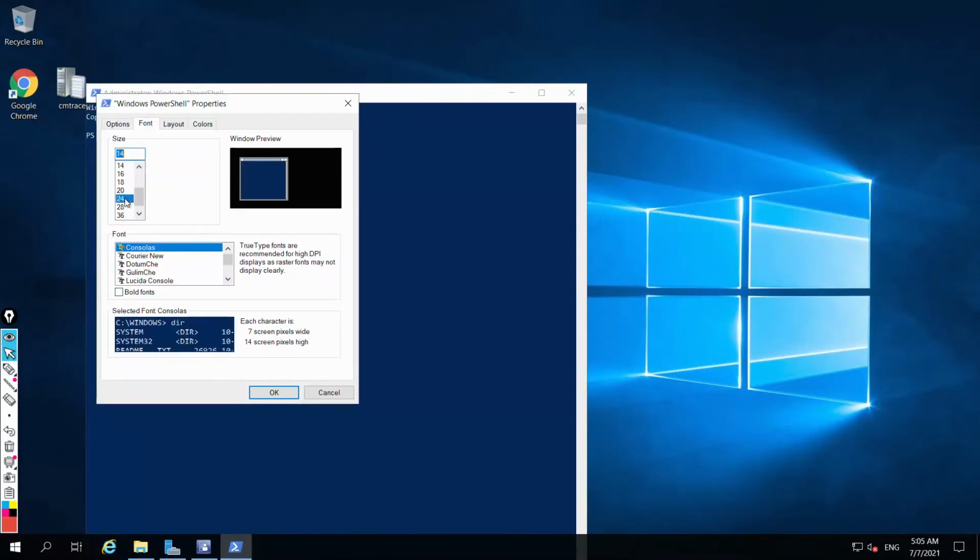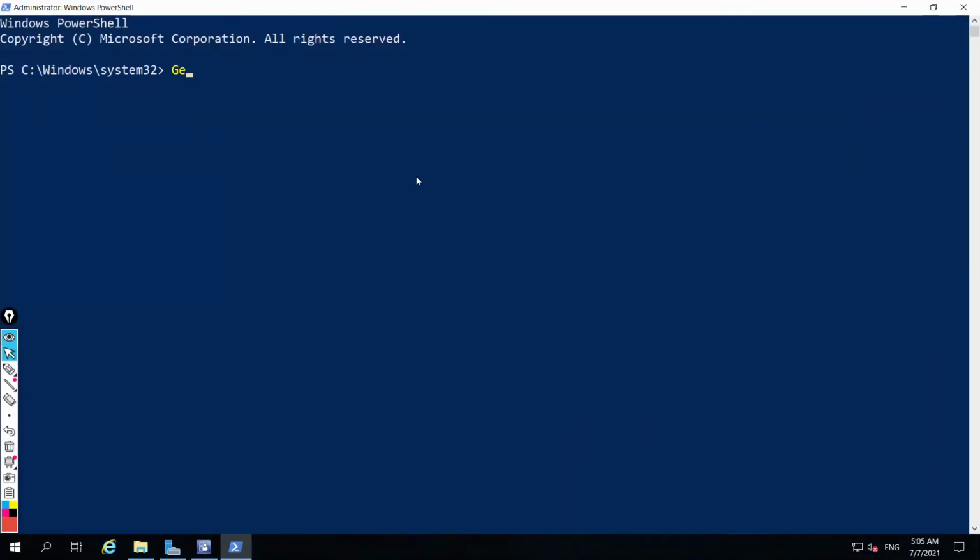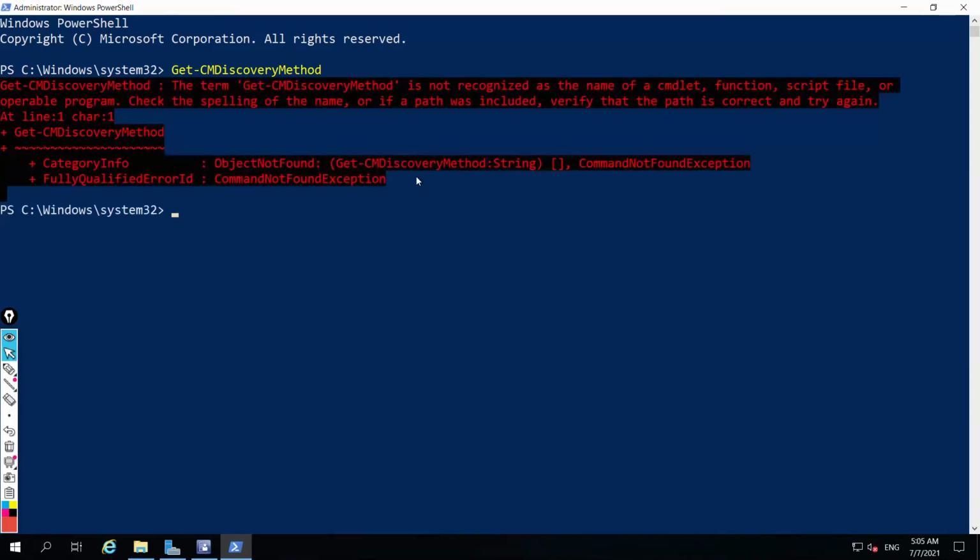first I'll make the font size bigger. So Get-CMDiscoveryMethod. It should give me an error. Right, so that is not recognized as the name of a cmdlet, function, script file, or operable program.